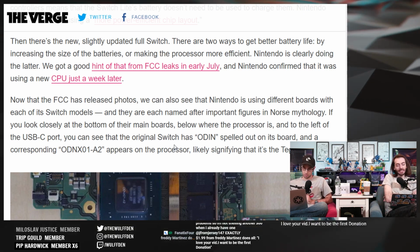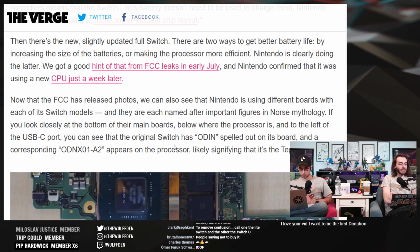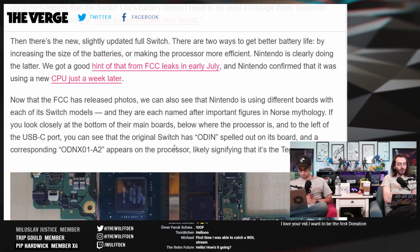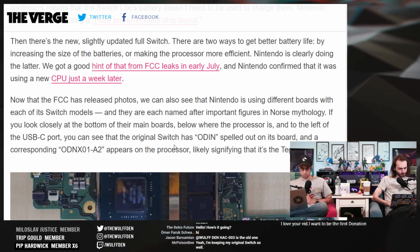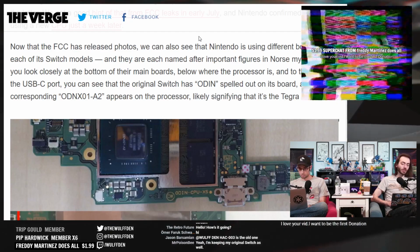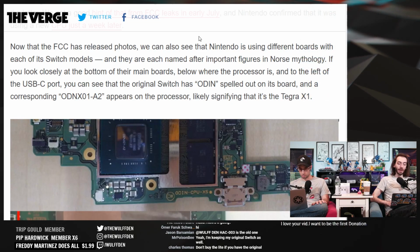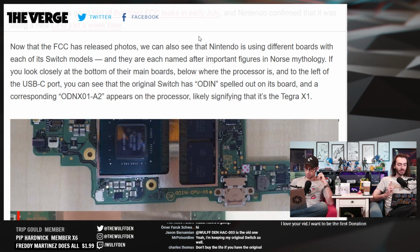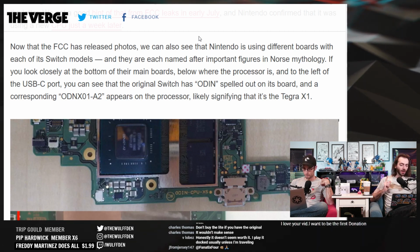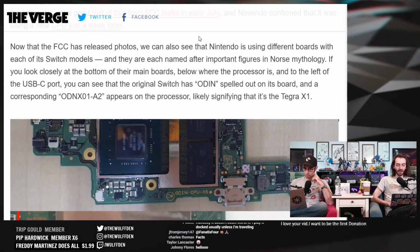There are two ways to get better battery life: by increasing the size of the batteries or making the processor more efficient. Nintendo is clearly doing the latter. We got a good hint of that from the FCC leaks in early July, and Nintendo confirmed that it was using a new CPU just a week later. Now that the FCC has released photos, we can also see that Nintendo is using different boards with each of its Switch models, and they are each named after important figures in Norse mythology. If you look closely at the bottom of the main boards, below where the processor is, and to the left of the USB-C port, you can see the original Switch has Odin spelled out on its board, and a corresponding ODNX01A2 appears on the processor, likely signifying that it's a Tegra